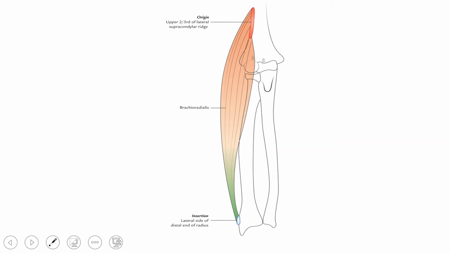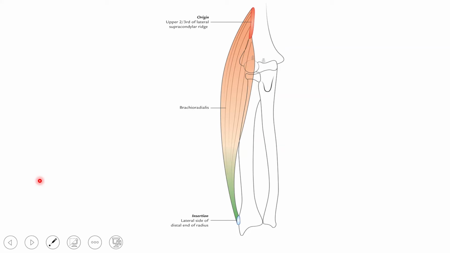Moving on to the attachments of the muscle one by one. To begin with, the lateralmost muscle, that is the brachioradialis. As the name itself says, this is a large extensor muscle extending from the brachio. The word brachio refers to the brachium, that is the arm. So extending from the arm till the radius, that is the base of the distal end of the radius, hence called as brachioradialis.